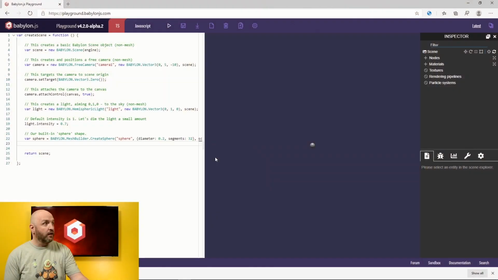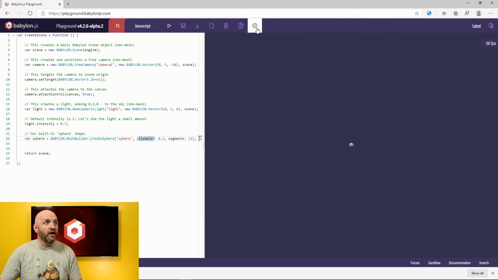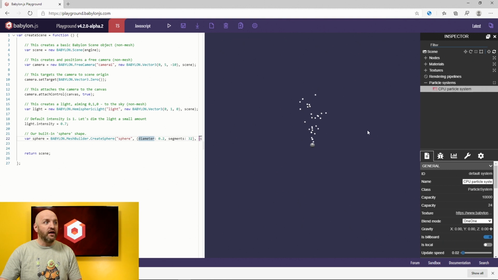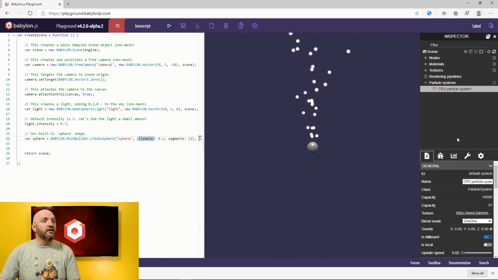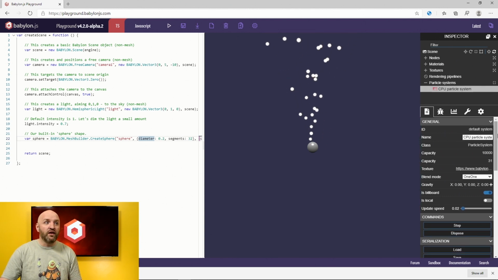So let's switch directly to the playground here. I prepared a very simple playground with just a sphere at the center of the screen. The inspector, which can be opened, if you don't know, by going to this gear icon and clicking on inspector, will now let you edit and create particle systems. If you right click on particle system here, you're going to create a new particle system. This new particle system will be configurable through this new UI that you have here.